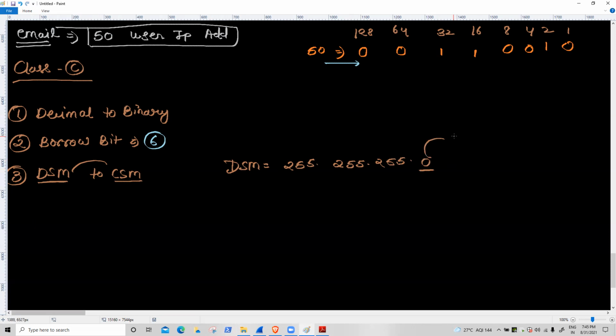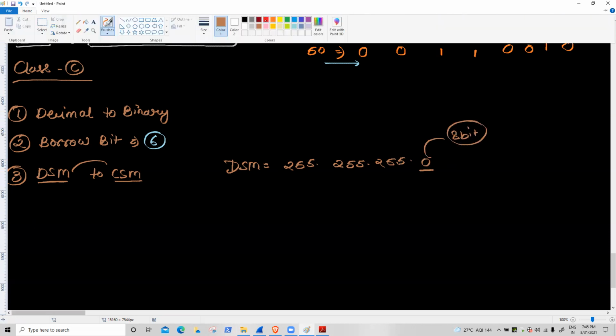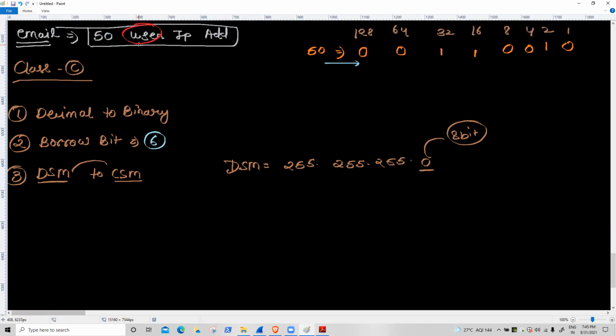Inside the 0, how many bits are present in one octet? 8 bits. If you are getting a user concept, that means I'm working on the host bits, and host bits are always off. Clear? Very simple.